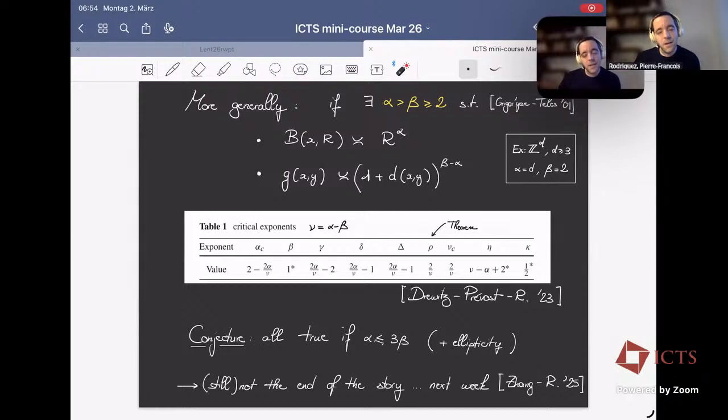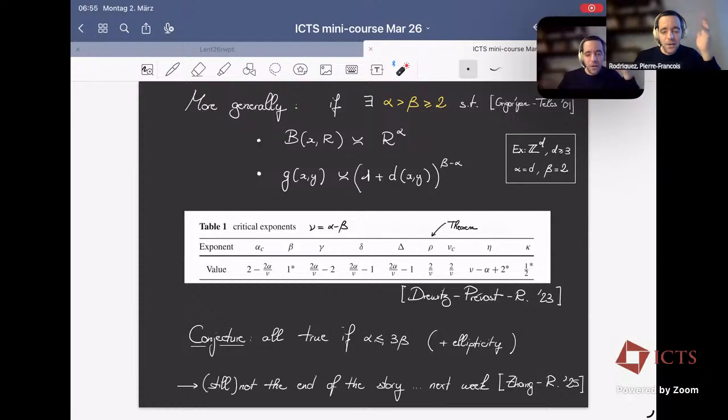So imagine that balls in your graph grow like r to some power alpha, and that the Green's function decays to zero polynomially in the distance between points with another exponent, which I parameterize by beta minus alpha. Maybe the example to keep in mind is this box on the right-hand side. On Z^d, you would take alpha to be d, and you would take beta, which is the walk dimension, to be 2. And so then the conjecture is that,